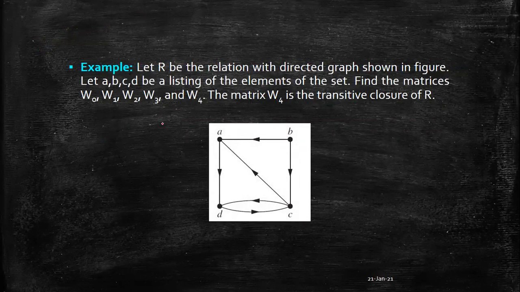Now how do we find the transitive closure? I'll explain it briefly over here, then we will look at the overall problem. First thing is, we have to assign the values v1 is equal to a, v2 is b, v3 is c and v4 is d. Now among this, what is the W0 matrix? It is given by your matrix for the relation.